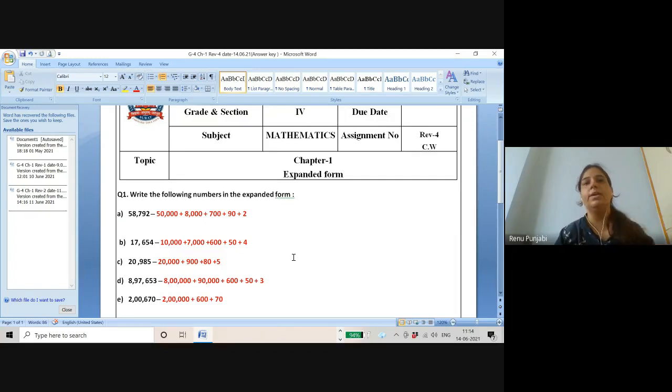because it is nowhere given in the NCERT that you have to learn expanded form. But on the basis of the topic, we are learning, covering the full number system. So better you consult other refresher books, or search the topics on Google. You will find many worksheets and do practice. Got it, everyone? Do fast. I'll give you one or 2 minutes more to complete it, and then we start today's topic.